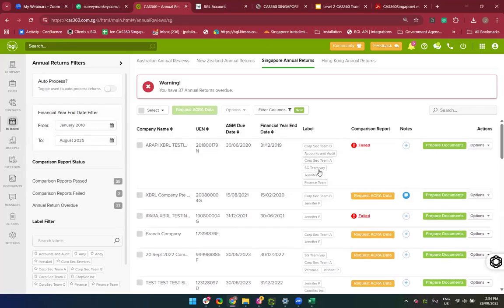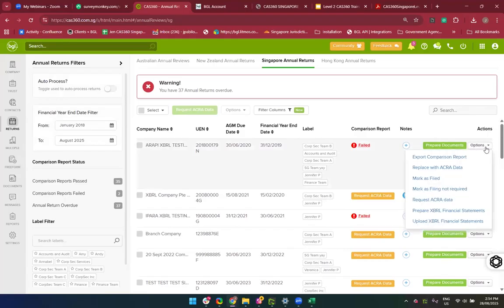So for each of the companies, you will see an option over here, a tab or a button called Options, which allows you to select an action, whether it's register a file, mark as filed, request ACRA data, and so on. Some of these features have been switched off due to the connection with ACRA right now. They've disabled all vendors and all software from accessing their new platform as they're creating a new platform for the lodgements. So for now, what we can do is prepare